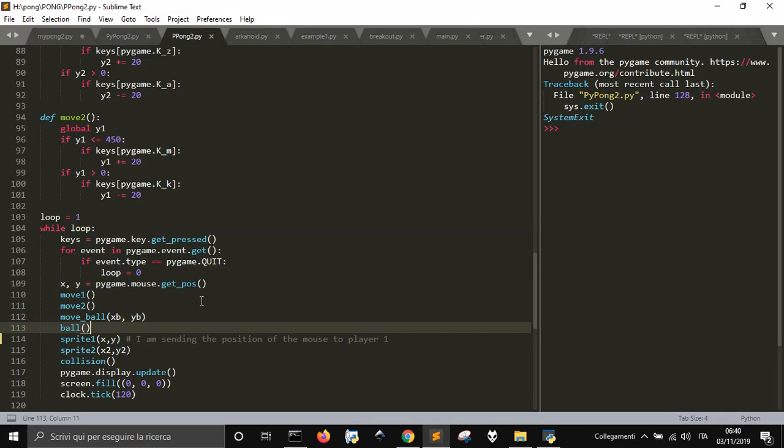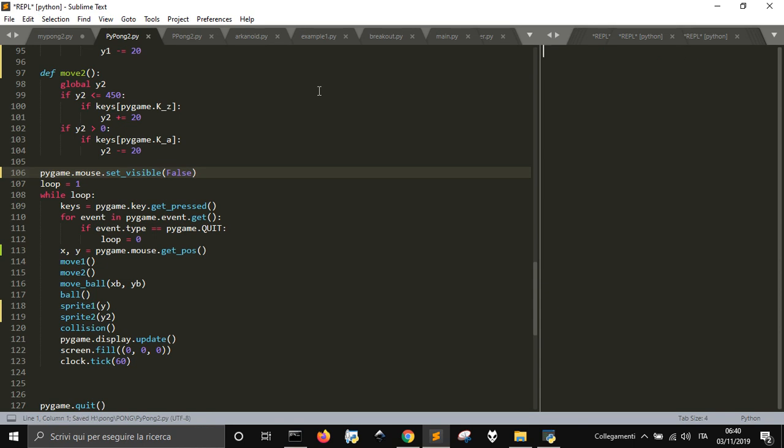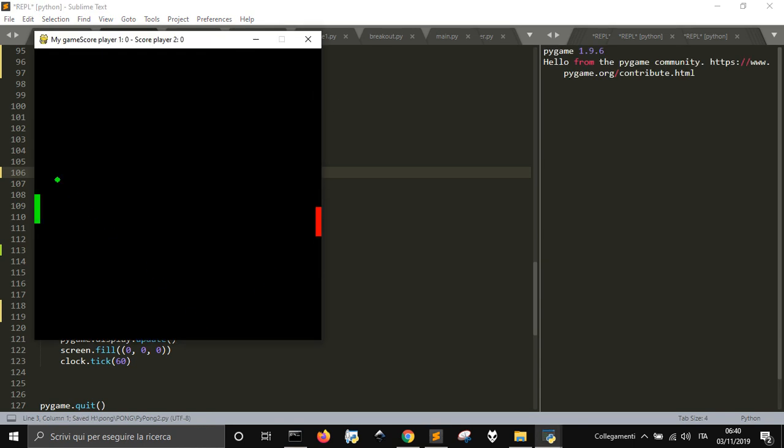Okay, we don't have to say equal to, but we have to set visible. This is a function. It's not an attribute. set_visible(False). And okay. Now it's invisible when you are on the window. And now it works. There is still something to do about